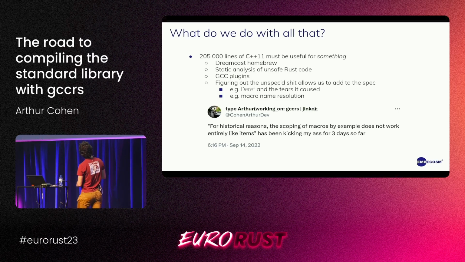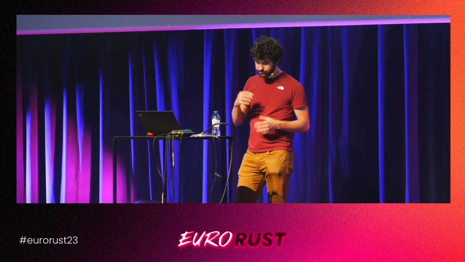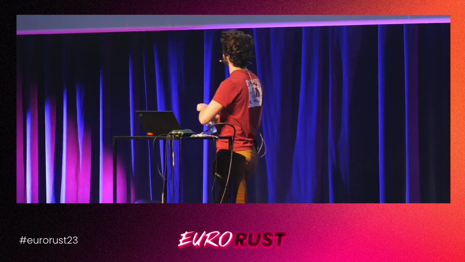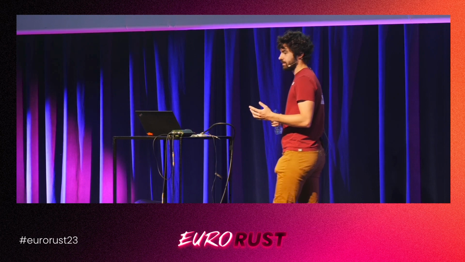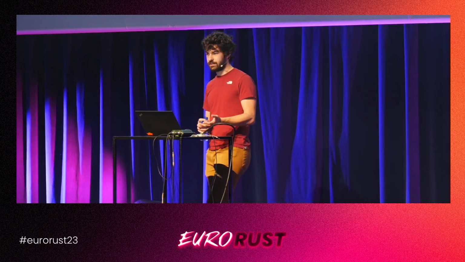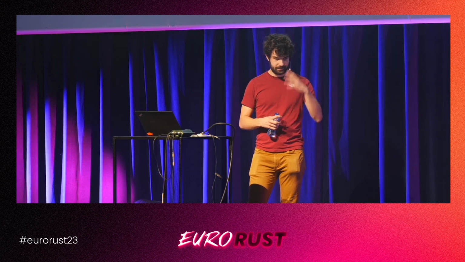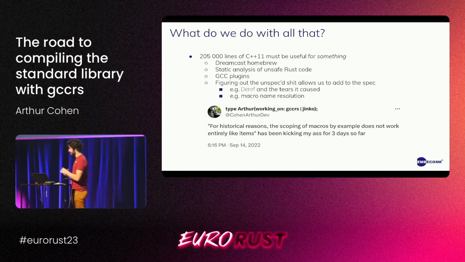Yeah. So what do we do with all that? We have 200,000 lines of C++11. It must be useful for something other than segfaults. And interestingly, the Dreamcast homebrew community started relying on gccrs to try and allow Rust code to run on the Dreamcast console. Because the LLVM backend that rustc uses by default does not handle the SuperH-4 architecture, they have to use gccrs. Once again, they should use rustc_codegen_gcc, but they're maniacs like us, and I think they ran into some issue. And yeah, gccrs can also provide static analysis of unsafe Rust code, as I said earlier,